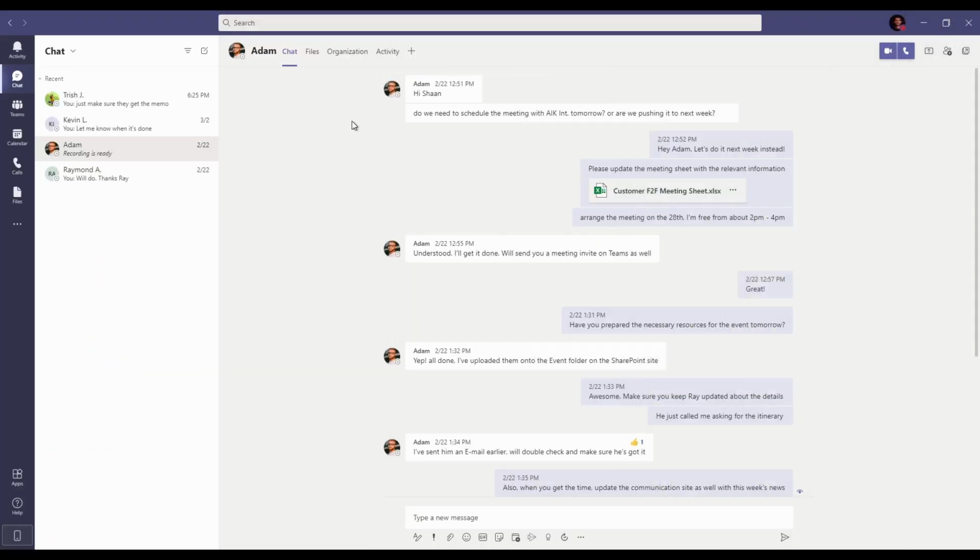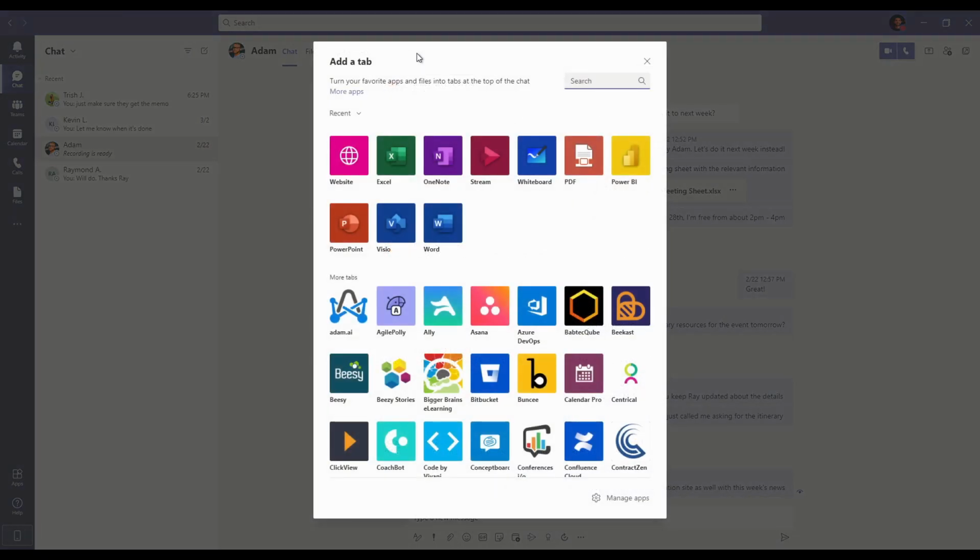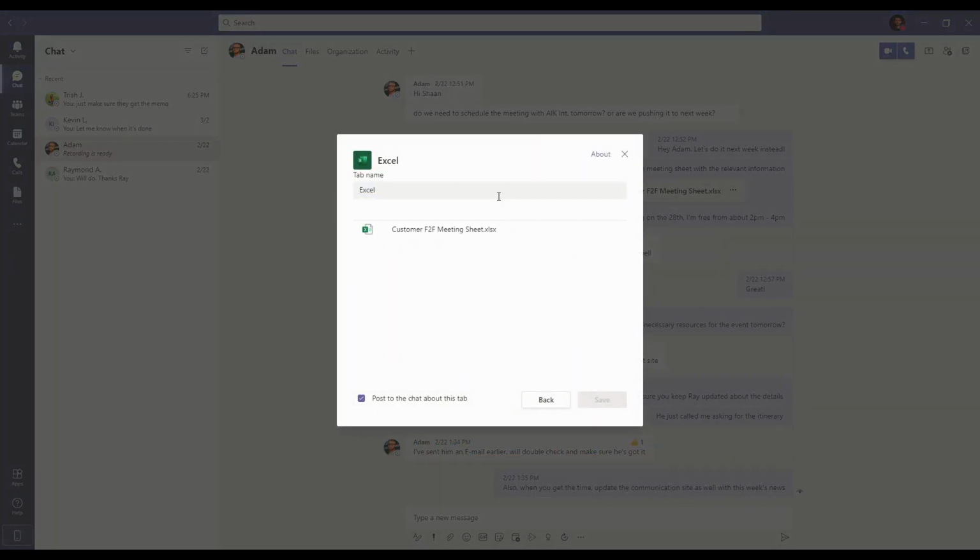To utilize tabs, all you need to do is go into the chat of whoever you're constantly collaborating with on a particular document, click on the little plus sign on the top bar, and choose an application. For this example, I'll choose Excel. Remember, someone needs to have shared the file with you on Teams in order for this to work. Adam has shared this customer meeting sheet with me, which we often work together on, so I click on it